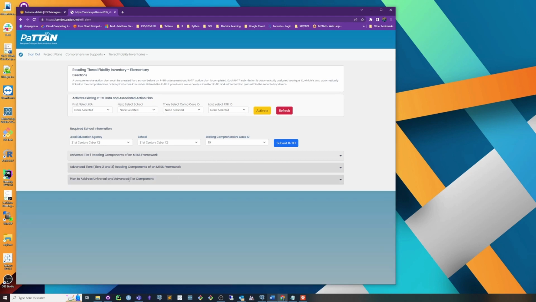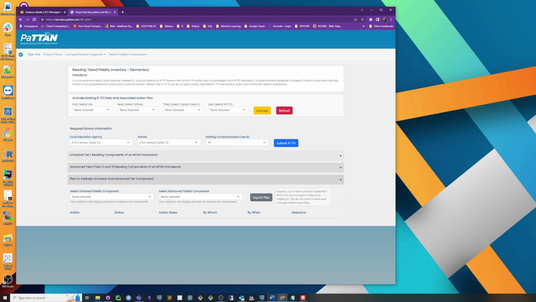And then the final part here is the plan to address the universal and advanced tier components. So when you click on this header here, it'll open up an action plan tool. So this directly models the work that PaTTAN has done to create this action planning tool. We've just put it into this platform to be able to collect that data, to have insights, and to make this process generally easier for everyone. So what we have here